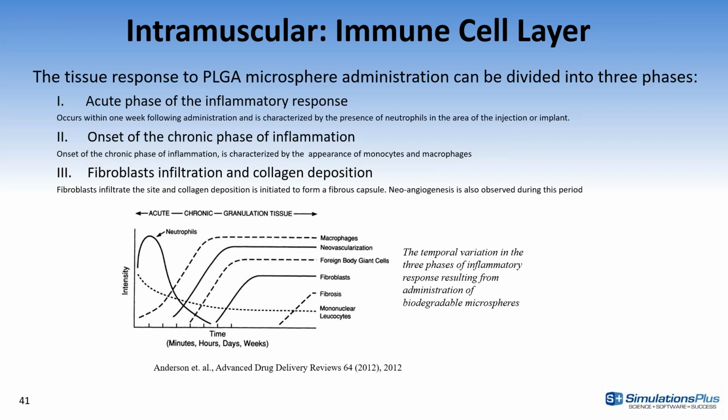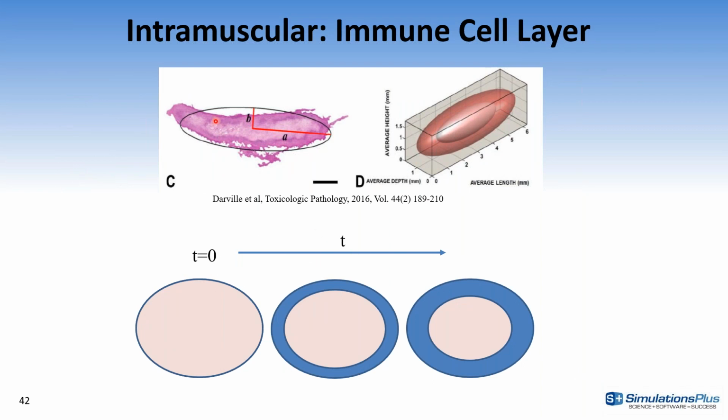So we've added an option to create this immune cell layer that is being formed after injection around the depot compartment, right, around the injected formulation. Maybe it's easier to see in the schematic here. As the drug is dissolving in the depot compartment, it first has to diffuse through this additional cell layer before it can move into the systemic circulation. And this immune cell layer is a dynamic compartment. The thickness grows initially and eventually it goes away.